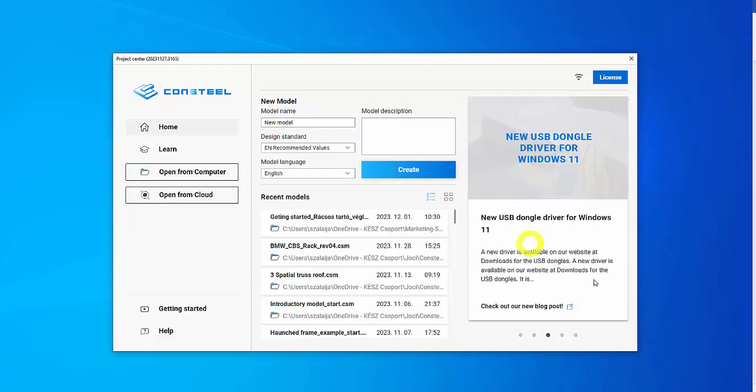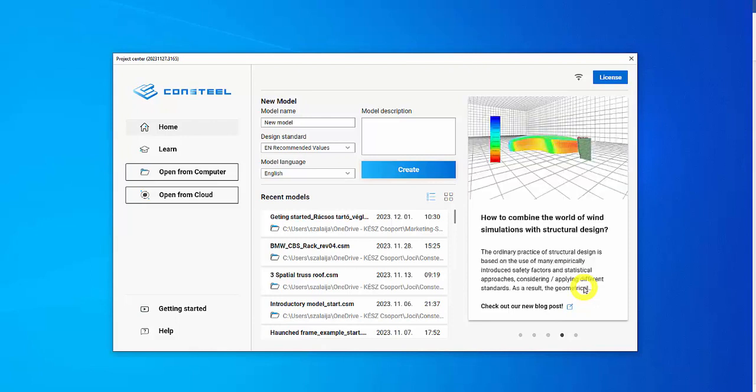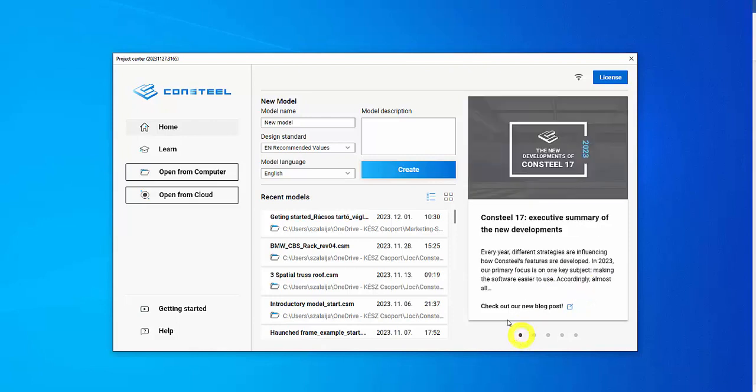As Consteel starts, we can see the project center. On the right side, it's always worth checking the info panel, where we announce the latest events, our training sessions, or if there is new material on the website in the knowledge base. Here, you can find a link to the summary description of the new features of version 17, which we will